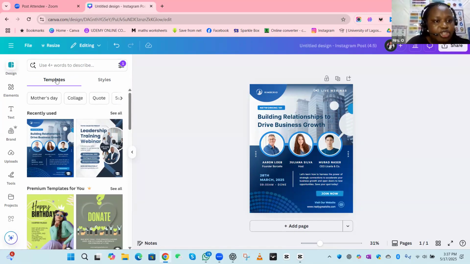And then under that, you have templates. Templates are already made designs. Remember, whenever you open your Canva and you see templates, or you find yourself in the template area, you know that that is where you find